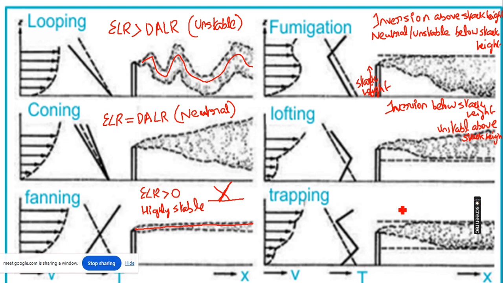Now the last one is basically trapping. In this case, we have two inversion layers. So fumigation and lofting are basically combined. So in this case, we have an inversion layer above the stack height and near to the ground also another inversion layer is present. So I hope you are able to see the inversion layers in the figure. So this black line, when it is having a positive slope, then that is basically an inversion layer. So you can identify an inversion layer if the temperature is increasing with respect to height. So here we have two inversion layers. First one is this, which is near to the ground, and then another inversion layer which is